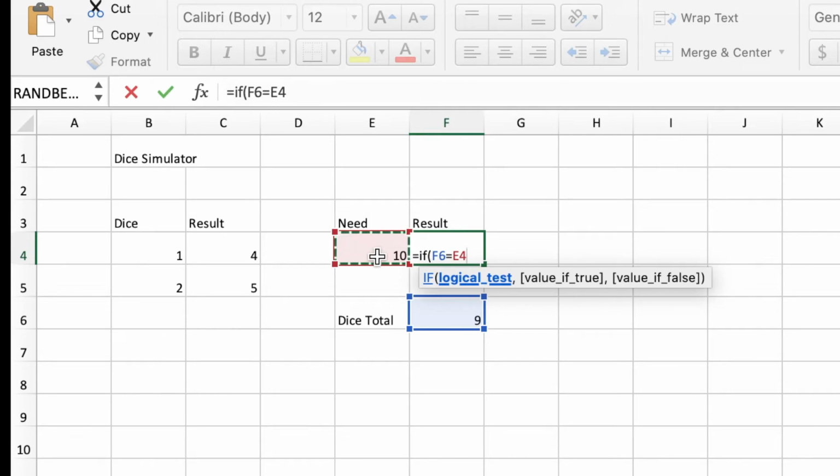Now we put a comma in following the pattern shown in the tooltip. And what we now want to do is put down what we want to be shown in this box as the result if it is true. So we're going to put some text in this case. We're going to get some words to show up. So if we're going to do text, we have to put them